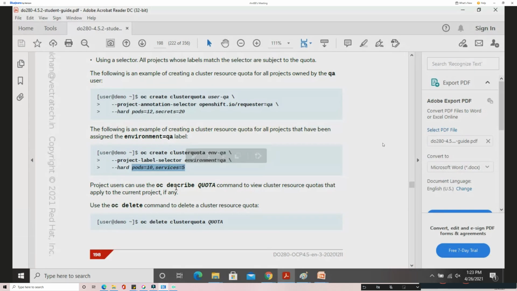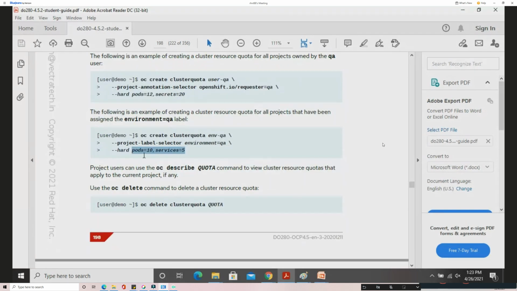Now the question is, okay, I have set the cluster quota. So now we have a cluster quota and a normal quota, which we set at the project level. We can call that a project quota. So we have a cluster quota, which applies to multiple projects, and we can even individually set the project quota. So in a scenario where I have constrained some resource at the cluster quota, as well as using the local project quota,